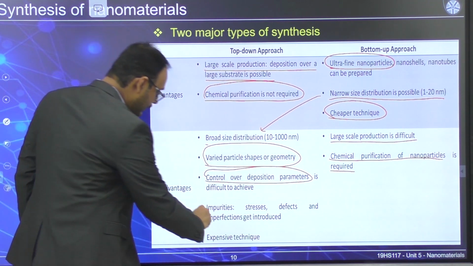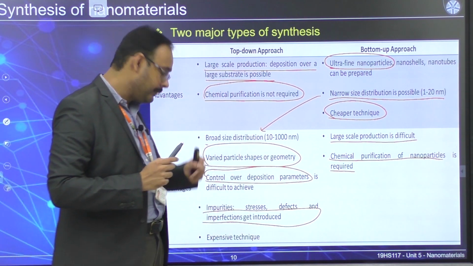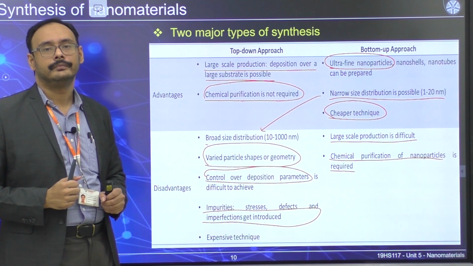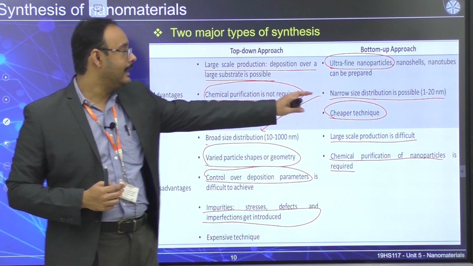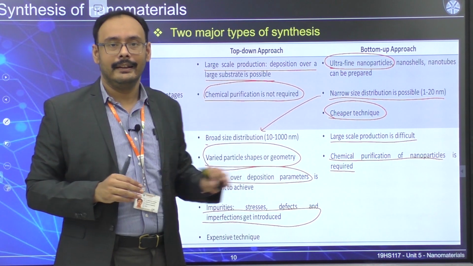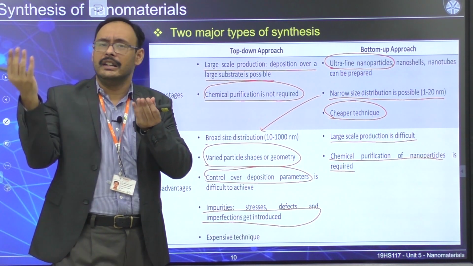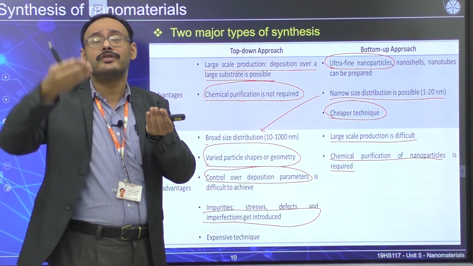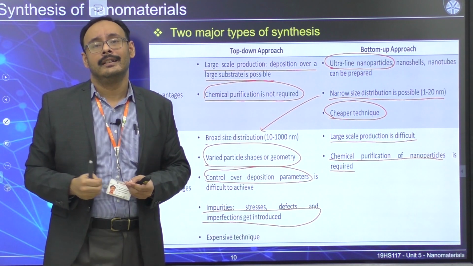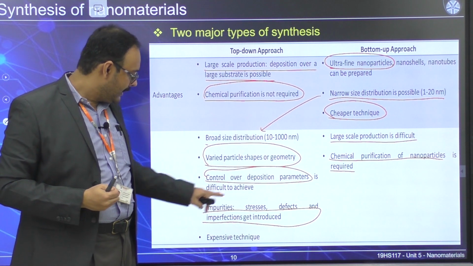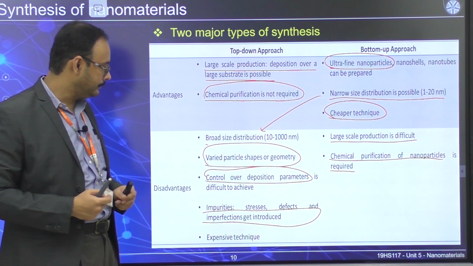Okay, now one problem is impurities. This is a very, very tricky problem for this kind of system, because in this case you don't have much control over the impurities. Here you exactly know what you are putting in. Here you know the bulk, but during the processes, if there are impurities coming from the instrument or from other sources, then there is a possibility that they will also be added into your synthesized material. So it's a bit tricky to control the percentage of impurities in the case of top-down.